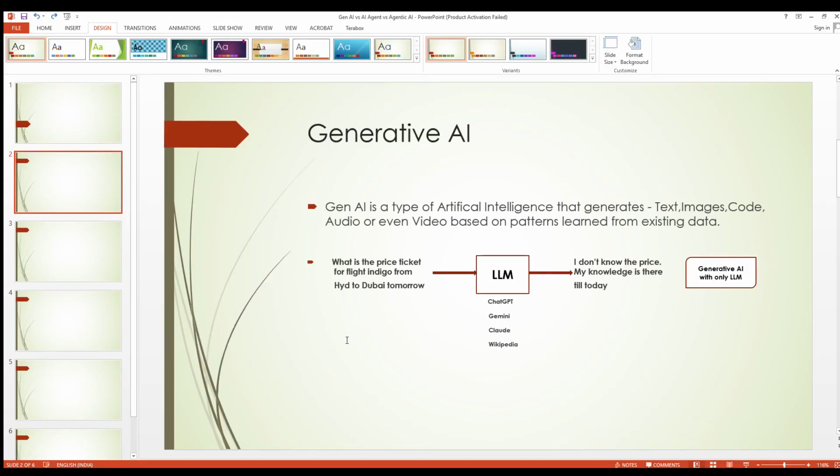Generative AI, which we can call Gen AI, is a type of artificial intelligence that can generate text, image, code, audio, or even videos based on some patterns. So what is it? It's nothing but an LLM. Everyone knows LLM, right? A large language model, which contains huge, predefined data, and whatever input or prompt you are giving to this LLM model,